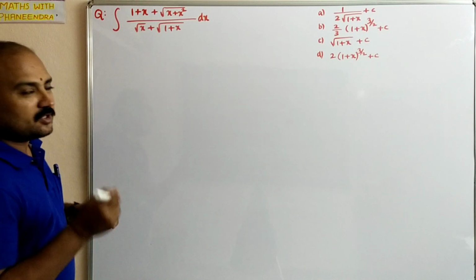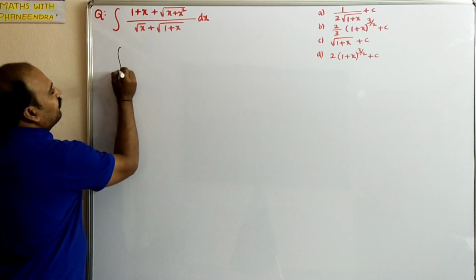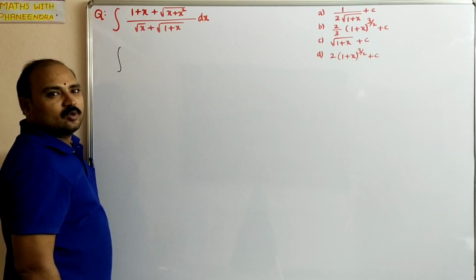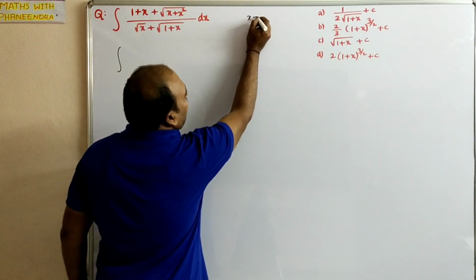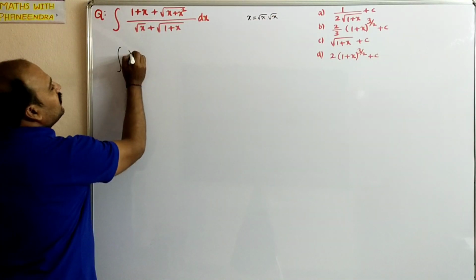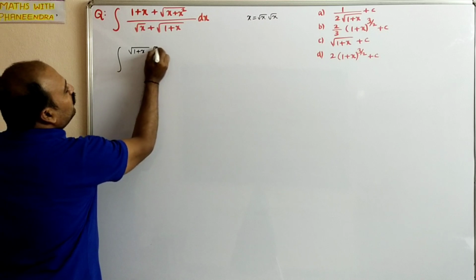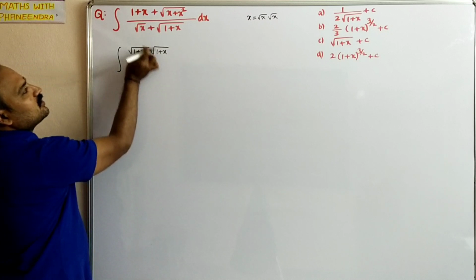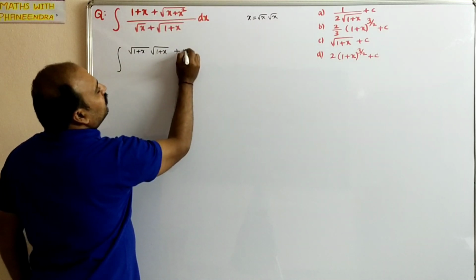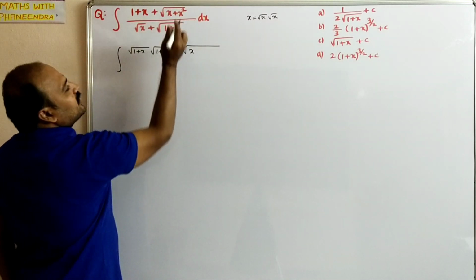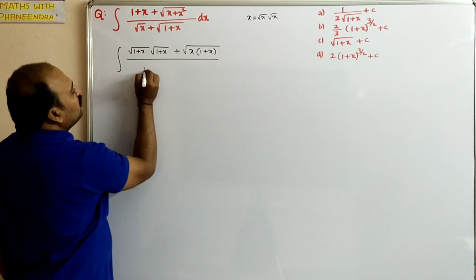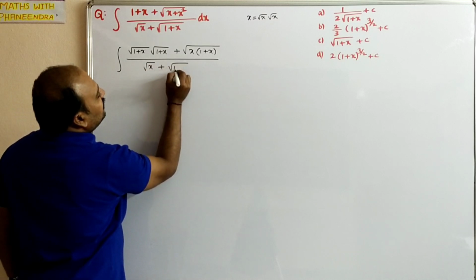So here if you observe carefully, can we write 1 plus x in terms of root 1 plus x? So x can be written as root x into root x. Similarly 1 plus x can be written as root 1 plus x into root 1 plus x. If you multiply these two, anyway 1 plus x only will come, plus root of, from these two x I am taking common, 1 plus x divided by root x plus root 1 plus x into dx.